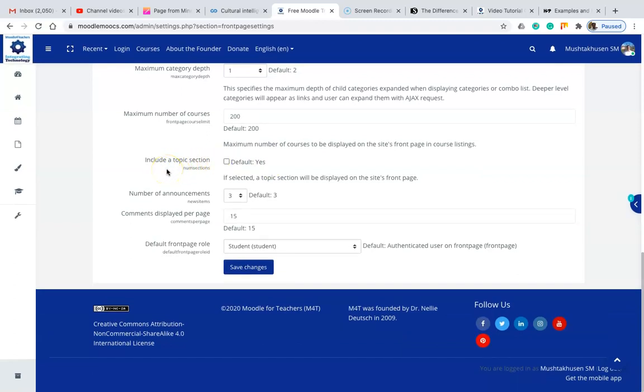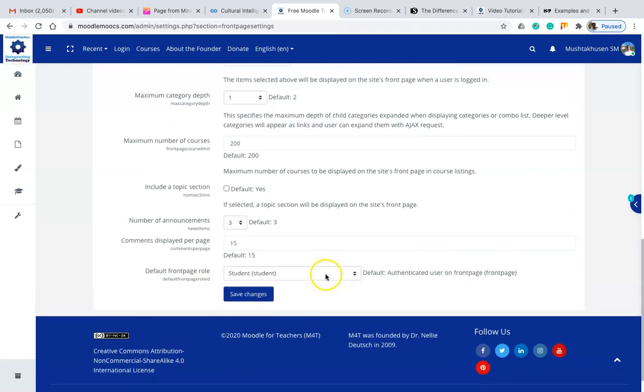Then include a topic section, by default it is yes. Then number of announcements 3, and by default it is also 3. Comments displayed per page, okay, 15, and by default it is 15. And default front page role, okay, student; by default it is authenticated user on front page.